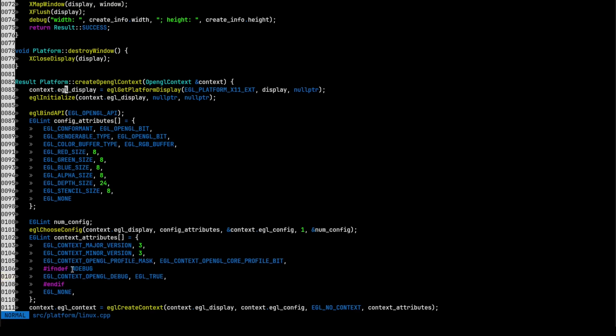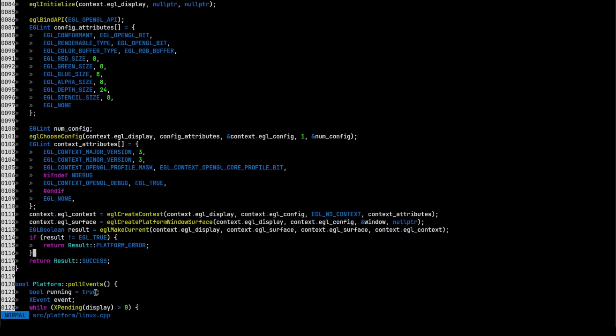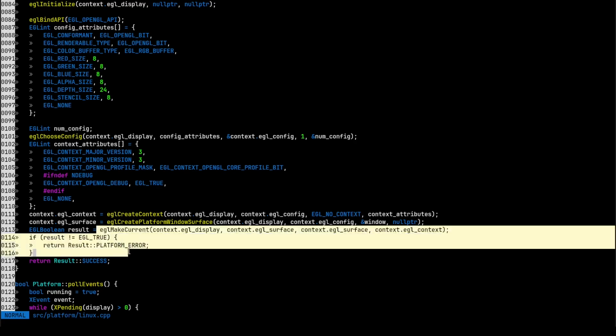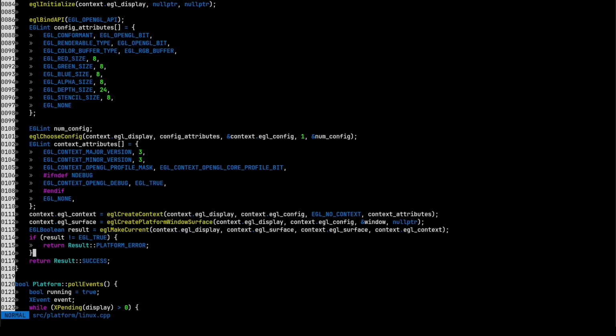And if I'm debugging, or I guess if I am not debugging, technically speaking, then I want to make sure that I've got the debug context. So from there, I just call create context with all of those attributes, and then I've got a working EGL context, and setting up the surface with the window. This is the X11 window that I created. And then from there, I call make context current, which tells OpenGL to target this particular context with all of its function calls. And so from there, after this goes through and works, I can make OpenGL calls that will actually run. And I can show you that if I go to